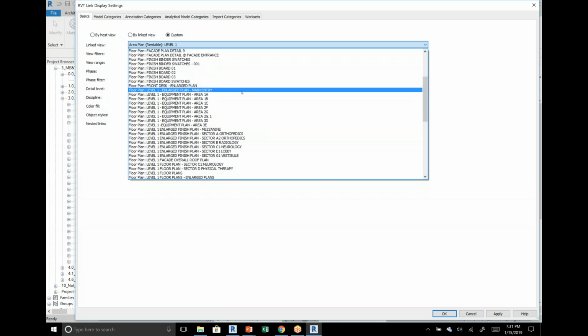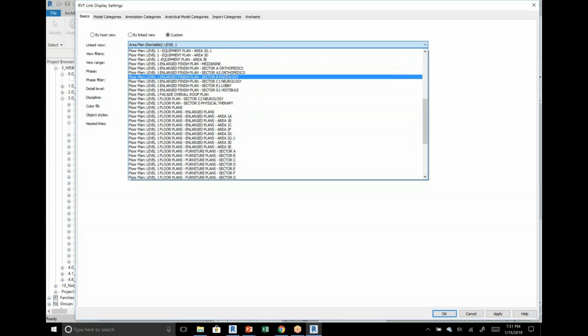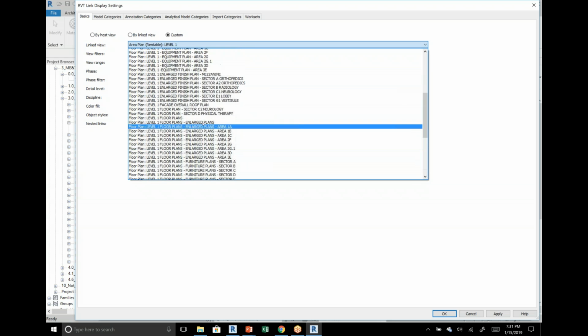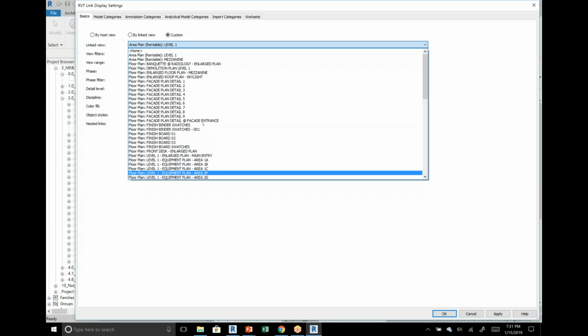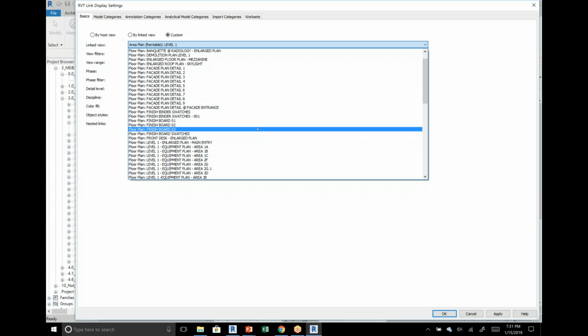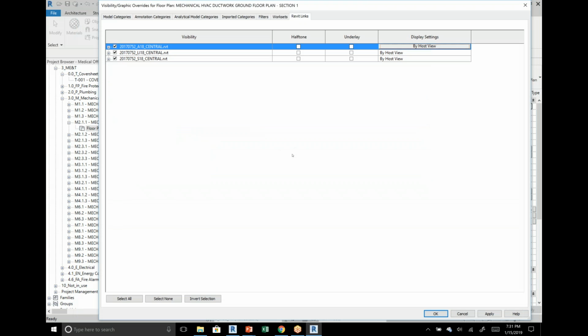But because I'm ultimately trying to get it to work for a plan view, I can't link the RCP because it doesn't let me. It only will let me link other floor plans. So that was going to be my solution for a while, and then I realized that it was going to block me from that. So I think we're getting there. Solutions are imminent, but for right now,